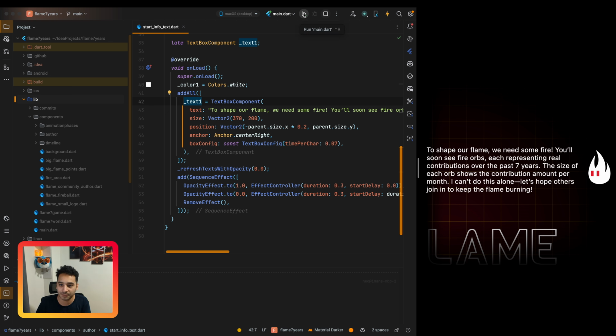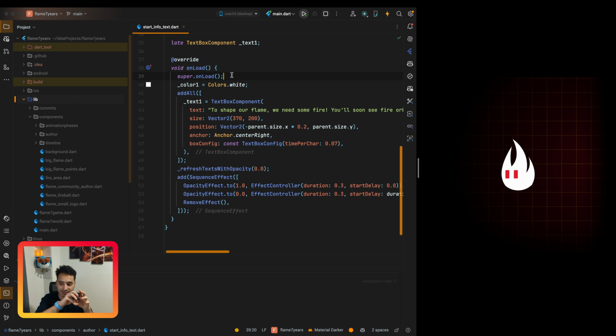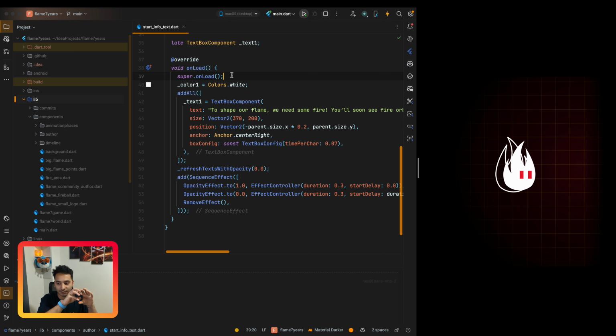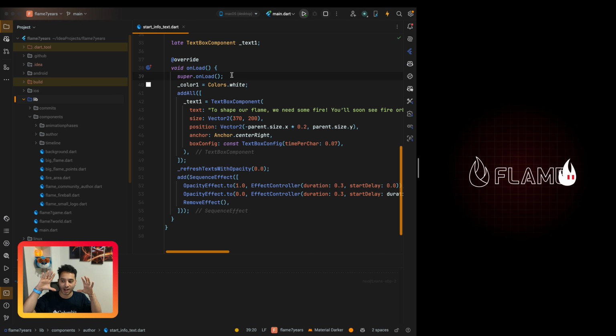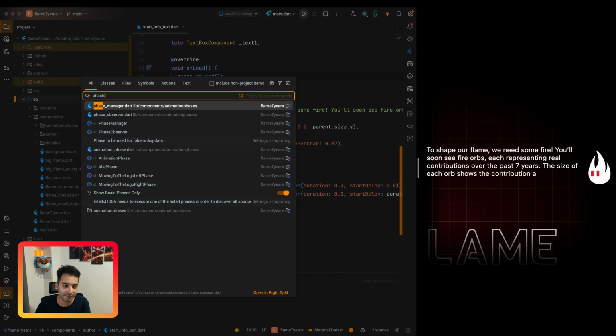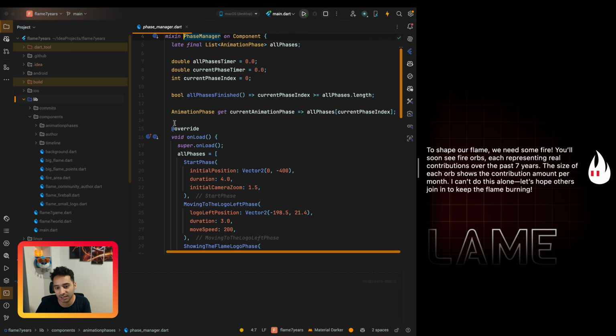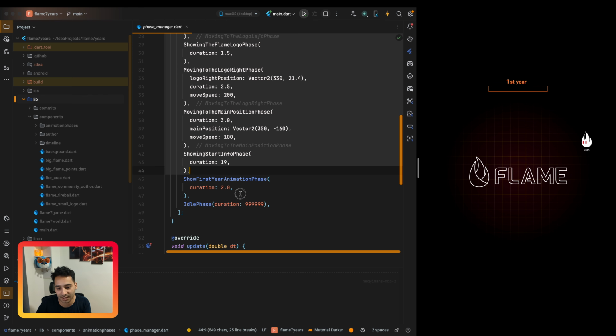And yeah, so something that I want to show you is the movement that we define. So for example, the character moves to a place, the camera moves, and it goes to the right, the camera zooms out, and again the camera zooms in on the position to see the text, and then you will see the zoom out camera, and then the animation starts. So I just created a phase manager. Yeah, it's here, and here I defined some phases.